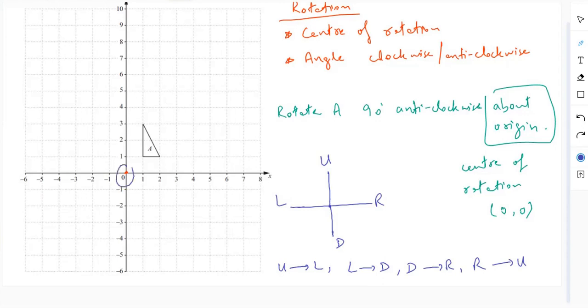हमें origin के about इसको rotate करना है, इस पूरी figure को। Let's mark these points as usual. So let's say this is our point P. Okay, this is our point Q. This is our point R. अच्छा, अब देखिए, rather than thinking about this like this, कि आप origin से इस तरह जा रहे हो, फिर आपने इसको rotate करना है 90 degrees. It's easier to think horizontally and vertically. Horizontally, vertically think, उसको rotate करना हमारे लिए आसान है, बजाय इसके हम देखें, अच्छा ये origin से R पे